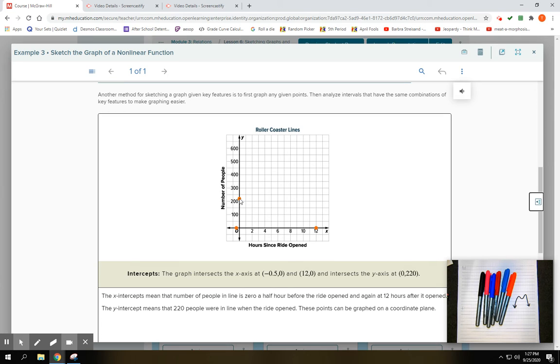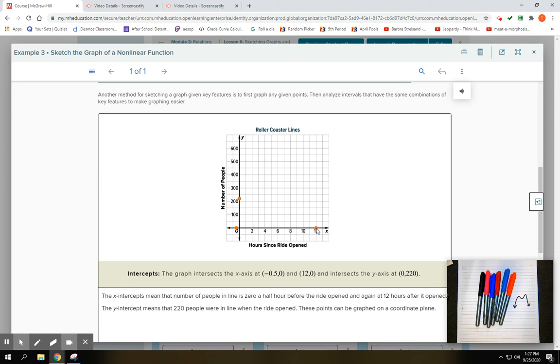The x-intercept means that the number of people in line is 0 at half an hour before the ride opens, and again at 12 hours after it opens. The y-intercept means that 220 people were in line when the ride opened. These points can be graphed on a coordinate plane. So a half hour before we open, there's no one in line. Then the ride opens, we have 220 people, and then I don't know what happens in between, but we know